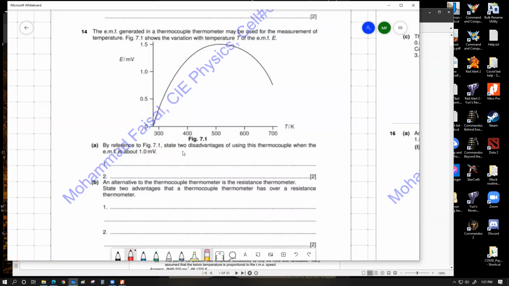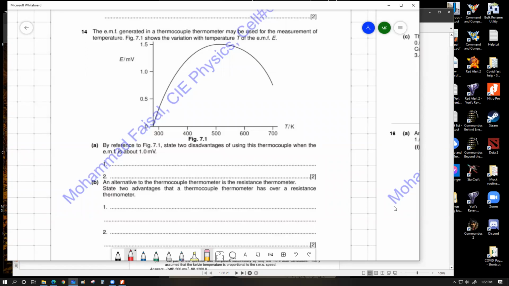So one of the disadvantages is obviously that 1 millivolt measured out of the thermocouple can lead to two confusing answers. It could be a temperature between 300 and 400 Kelvin. It might also represent a temperature somewhere near 700 Kelvin, because we have 1 millivolt available for both of these readings. So that's one confusing part. The other problem that we have is that the thermometer has